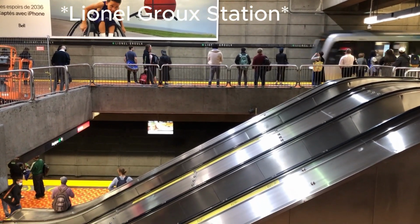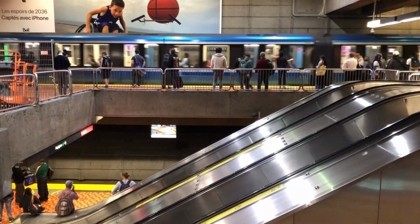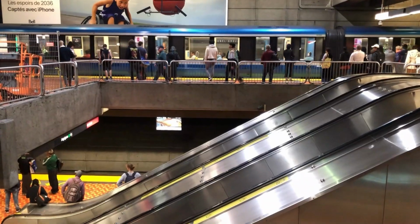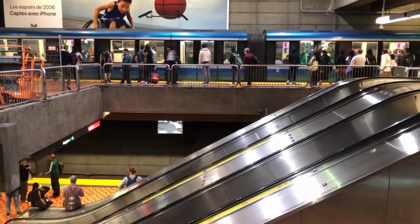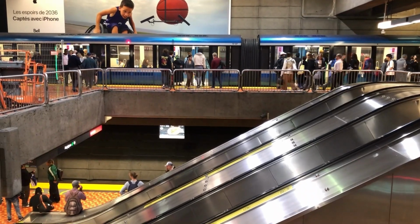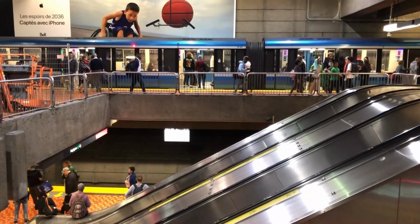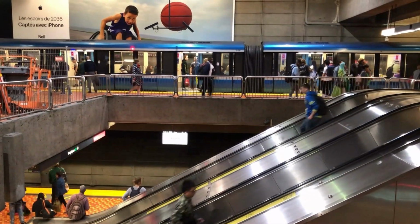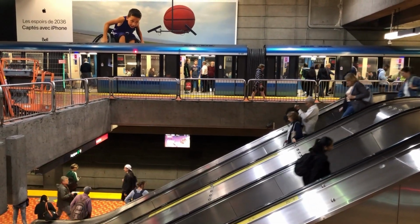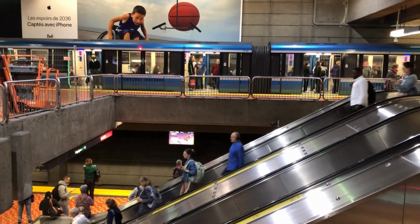Having a lot of people taking your metro, which is another point I want to get to because the Montreal Metro, especially the Orange Line and the Green Line, as well as even the Yellow Line, was very busy. Constant trains were full all the time. So that was really good about Montreal. It really just shows how much transit plays a part in their city and how it's just way more efficient to take the subway when you could take the car downtown. So it really just makes the subway such a better option,